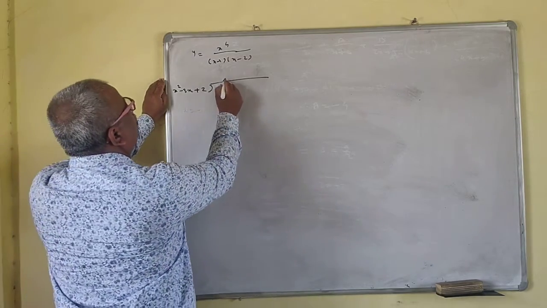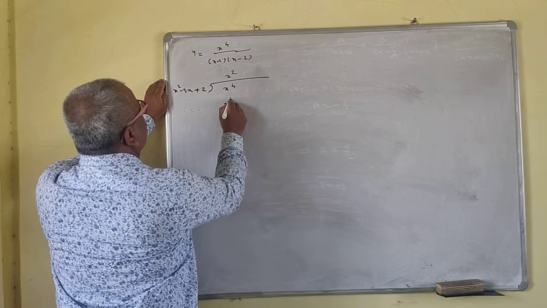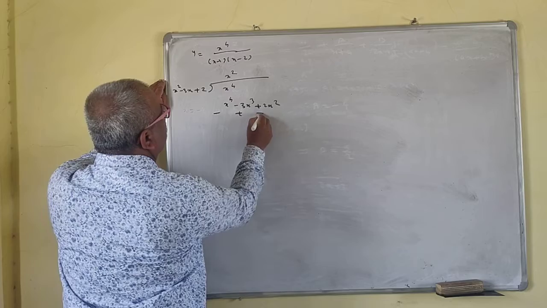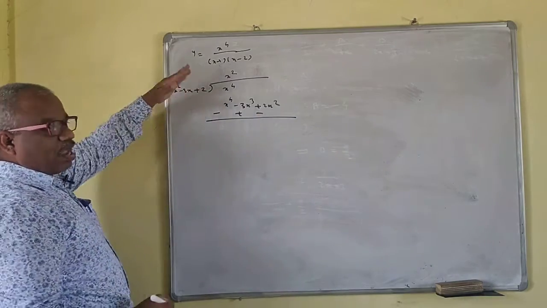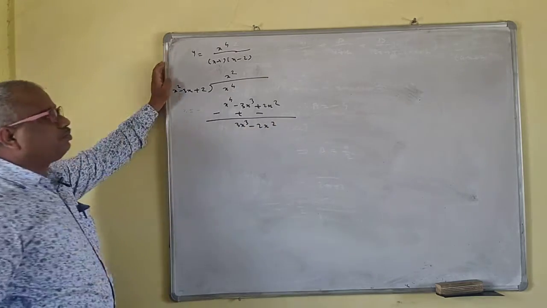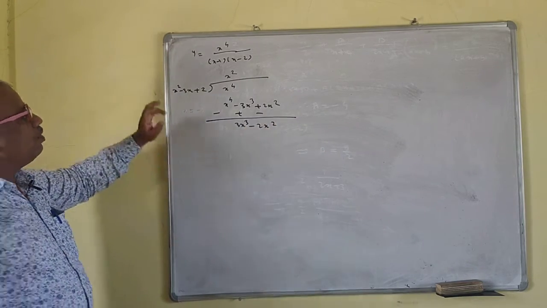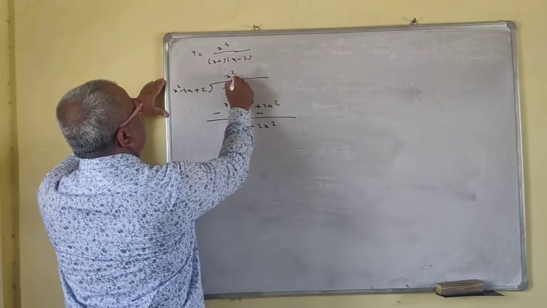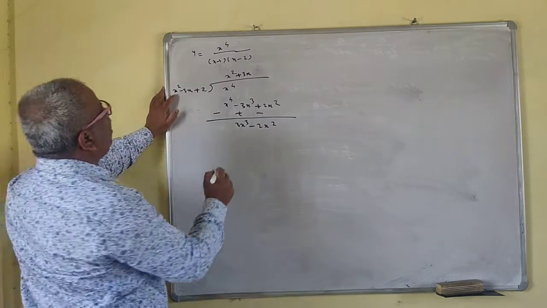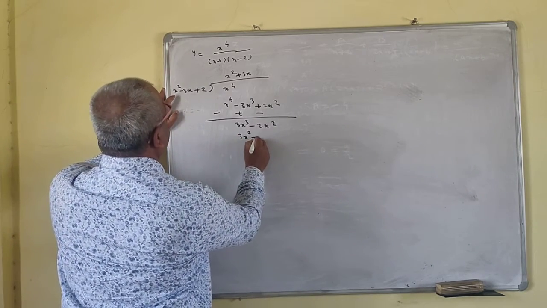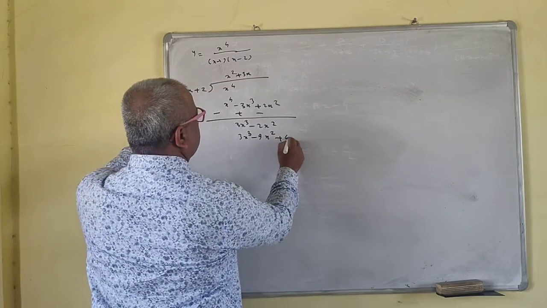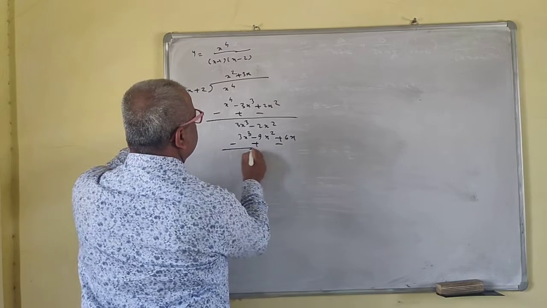So you don't want x to the power 4, so you multiply by x square. So x to the power 4 minus 3x cube plus twice x square. This is minus plus minus. Okay. So you have to take the addition of this one. So this is what 3x cube minus twice x square. Now you don't want 3x cube, so just multiply by 3x now. If you multiply 3x here, so this is what 3x cube minus 9x square plus 6x. So this is minus plus minus.